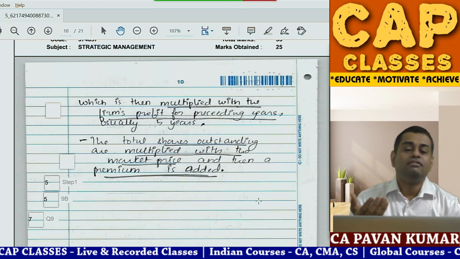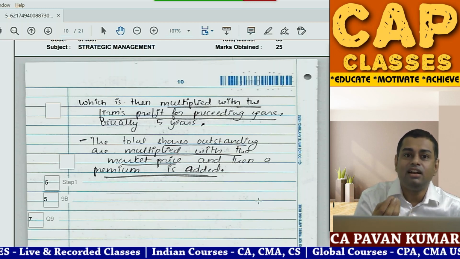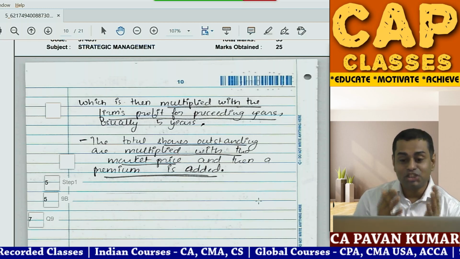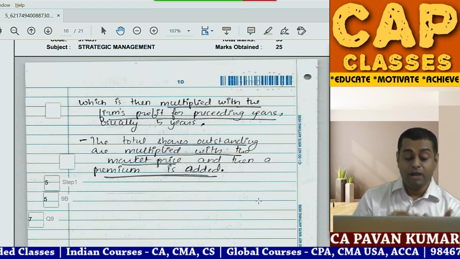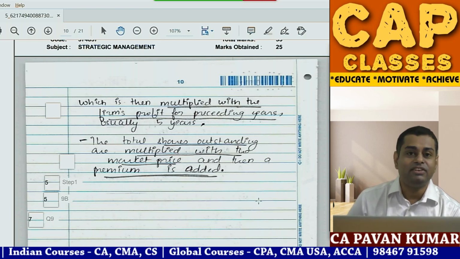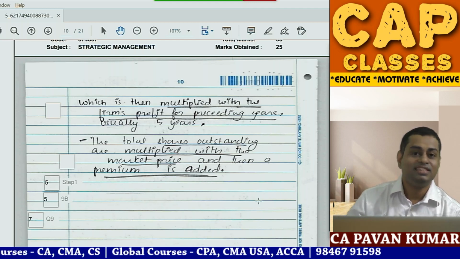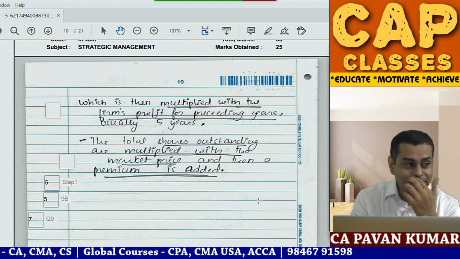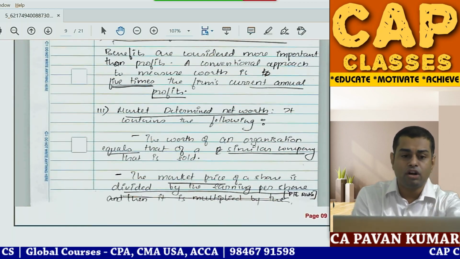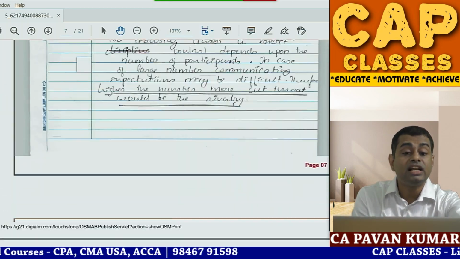Now, what I am explaining to you, try to understand how to write answers and how not to write answers. Why are we going into that mindset? One student was telling me, Pavan sir, what if my paper is evaluated by a person who in the morning fought with his wife and the wife has thrown a bucket on his face? So don't ask banana questions, okay? Chalo, anyway, for this part B, he got 5 out of 5. Part A, he got only 2 marks. Why did he get only 2 marks? Let us see.